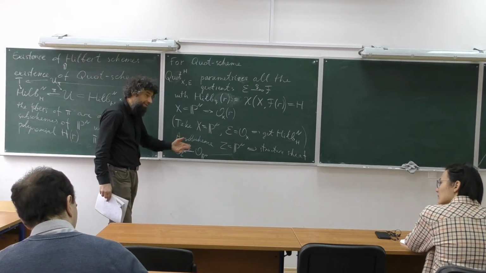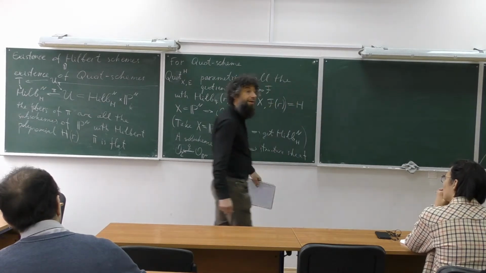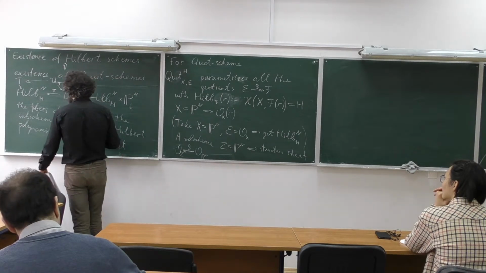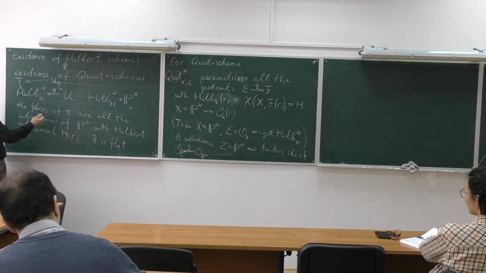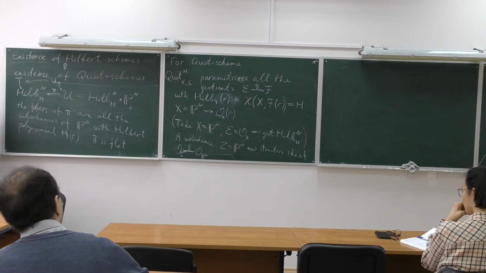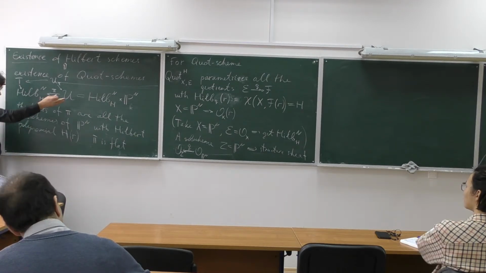Okay, so you don't need to additionally specify it. It's automatic. Where do we get U and P from? Pardon me? Where do we get U and P? Well, it's a theorem we're going to prove. This is a deep, difficult theorem that will take us at least 2 weeks to prove. The existence of this Hilbert's or this quote scheme.